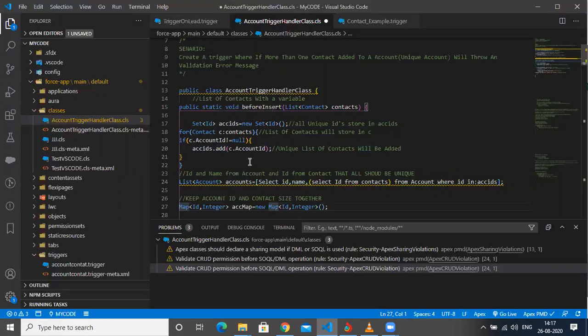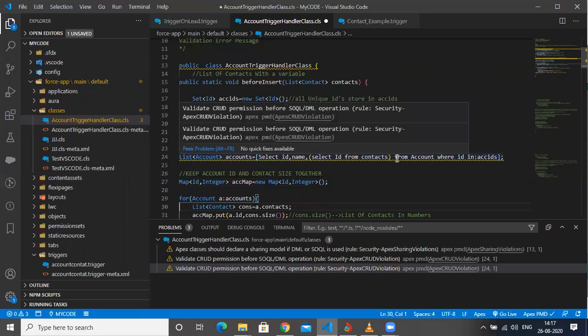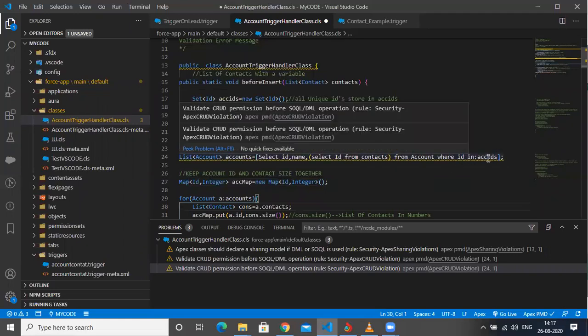Later on, I perform an SOQL to take out the list of account ID, name, and ID from contact. That is parent to child SOQL. And this will only happen on the basis of IDs, where ID is in account IDs, means unique ones. All will be stored in accounts.